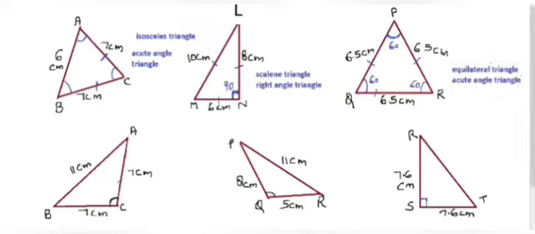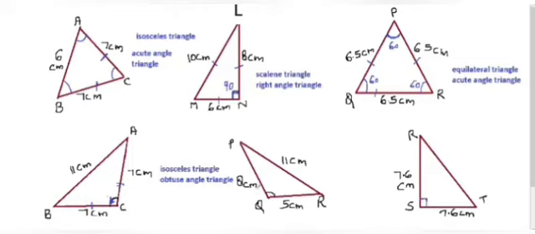fourth. Here we can see again two sides are equal, and this is more than 90 degree. When this is your more than 90 degree, so it will be obtuse angle triangle, and two sides are equal, so it will be isosceles. So I can write here isosceles triangle because two sides are equal, and third, it is obtuse angle triangle because your angle C is more than 90 degree. Then we come on the next.